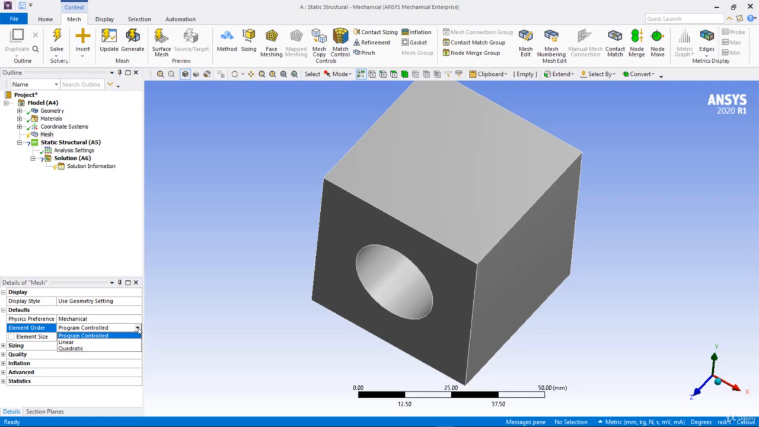And remember, by default, if we set the physics preference to mechanical and the element order to program control, it will generate a mesh with tetrahedrons, and that to quadratic order. Element order is quadratic. But if you generate a hexahedral mesh, by default it will generate a quadratic model, which we don't require. So for our purpose, remember only one thing: if you are using tetrahedral elements, you have to use the quadratic element order. But let us say you are generating a hexahedral mesh, then obviously choose the linear one,